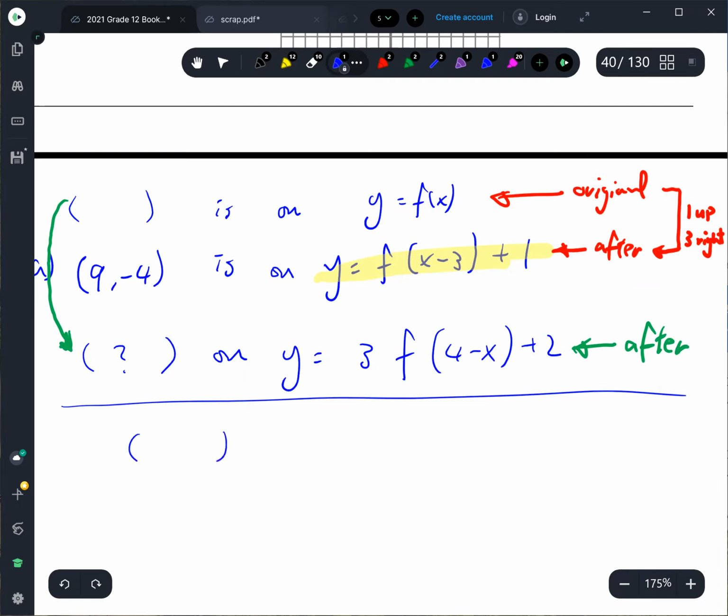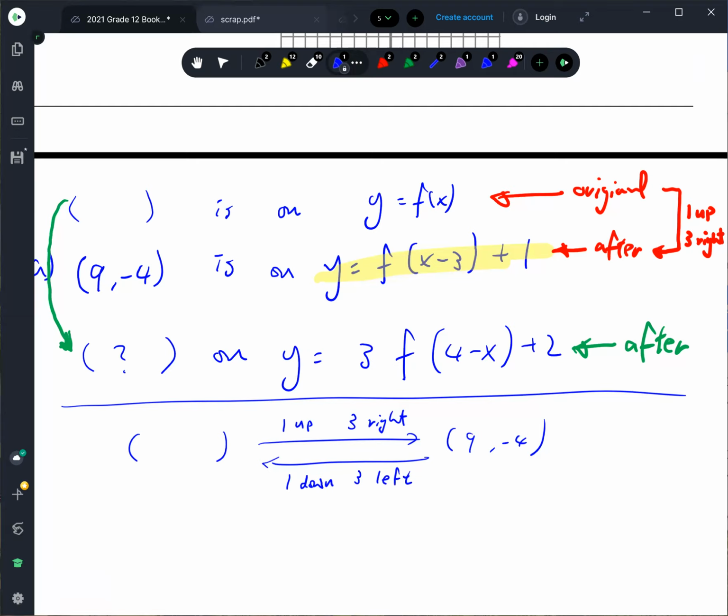Okay? So from here to 9, -4 is 1 up, 3 right. So if I want to go back, I need to do 1 down, 3 left. Okay, so if I do that, 1 down, 3 left, where will the point become? Okay, so Jenny, what do you think? If I go 1 down, 3 left,